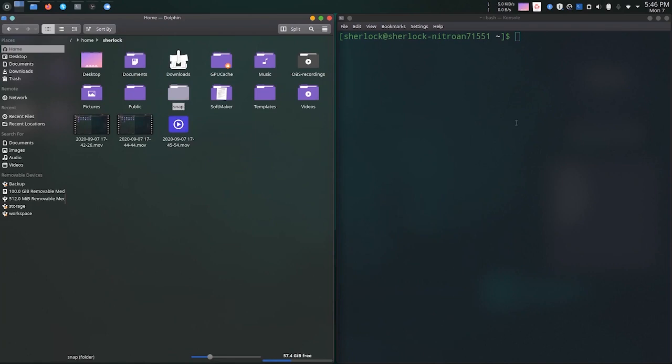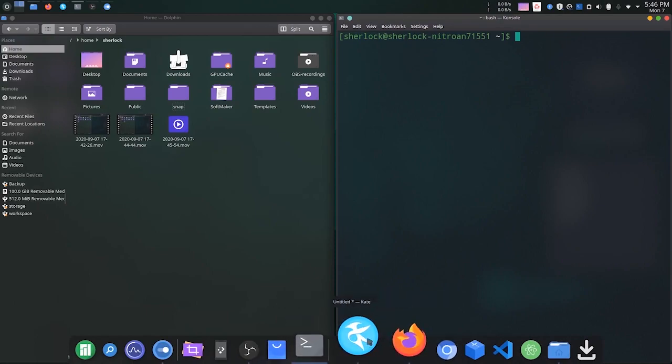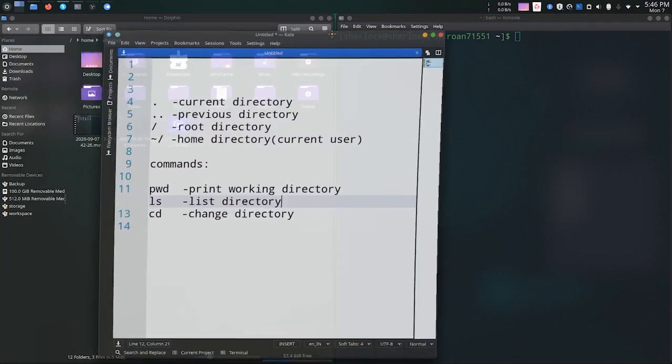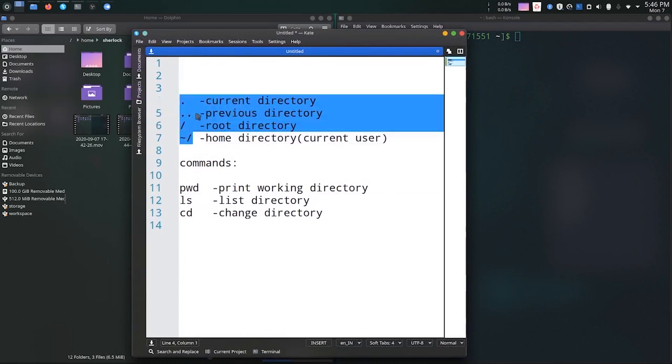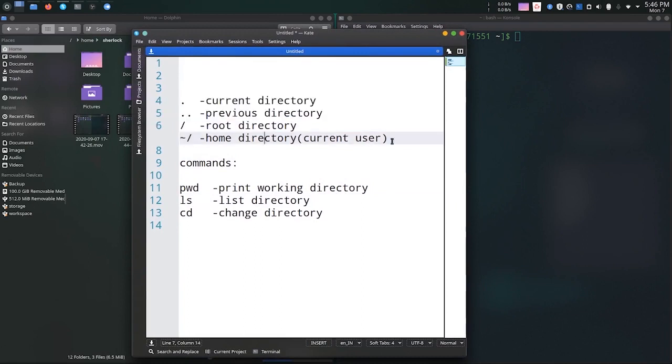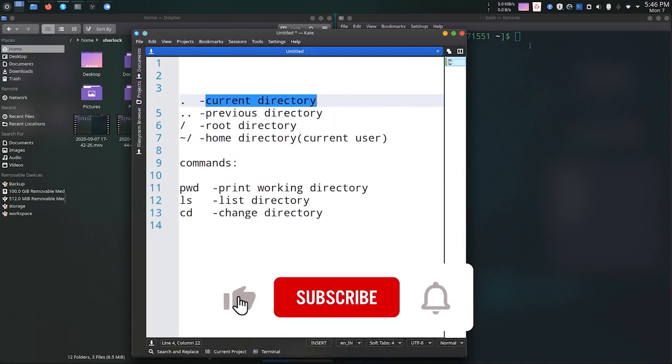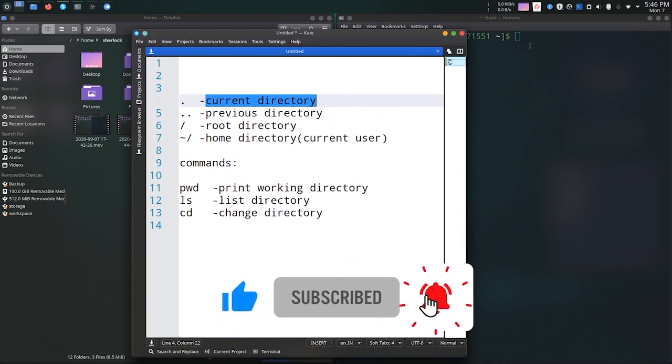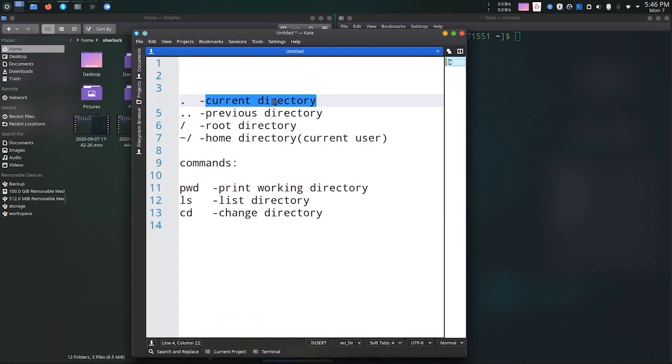Before we use the commands, we need to know 4 things. Those are the 4 landmarks, or important locations, with which you can navigate easily. Here are the 4 signs or symbols you need to remember to easily navigate through the Linux file system. The dot means the current directory. So whenever you type a dot or use a dot inside a command, it refers to the current directory, and the double dot means the previous directory,